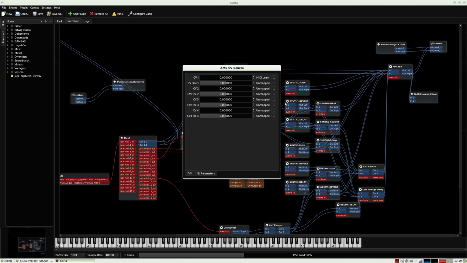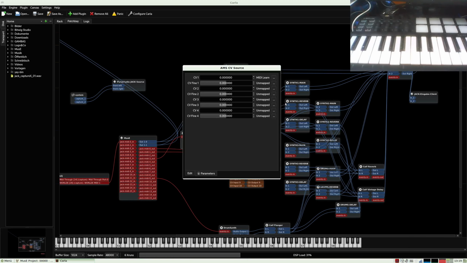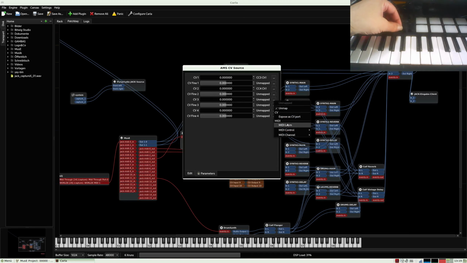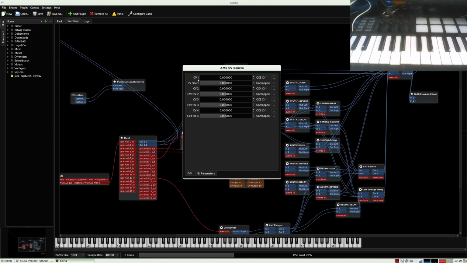Now I can use the slider of my keyboard, and now it's programmed to this channel. I can do it for the second channel. It's here, MIDI Learn, and we have the second, this one, MIDI Learn, the third, and this one, MIDI Learn, and we have connected 4 values to these sliders.